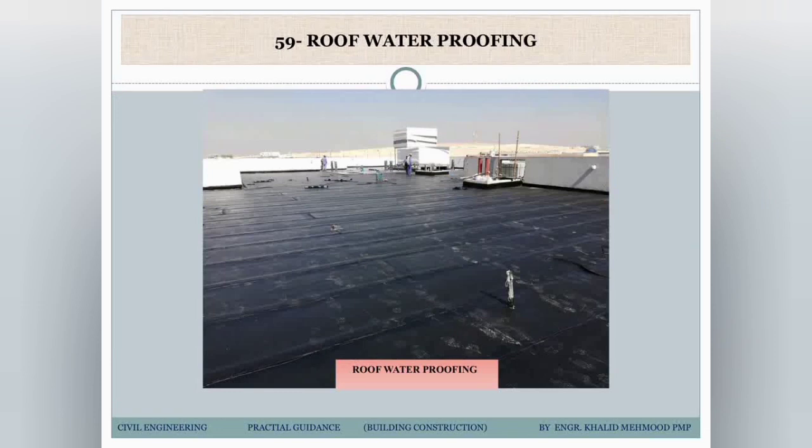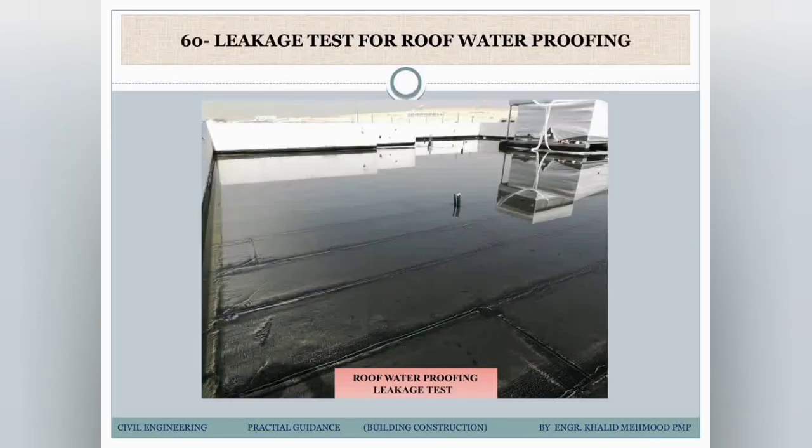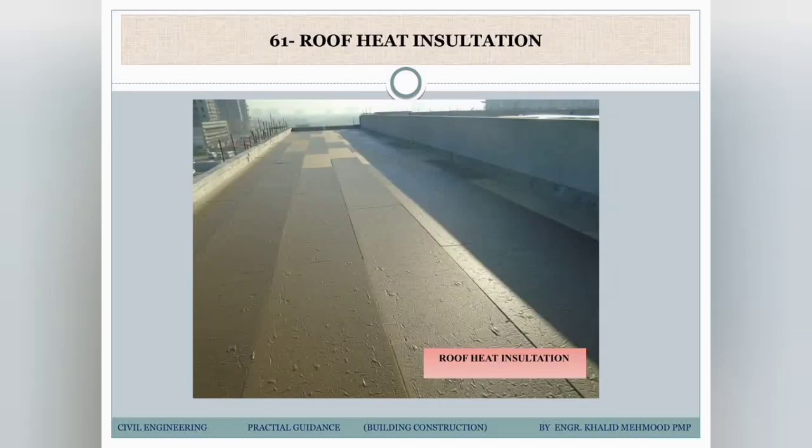After the roof is done, we will have some roof treatment which is called waterproofing. So we will do the waterproofing on the roof, which will prevent any leakage or seepage from the roof. After that we'll put water on the roof above the waterproofing to see practically whether the water will come down or not. If the water comes down from the roof, it means the waterproofing is not enough, so we'll do it again.